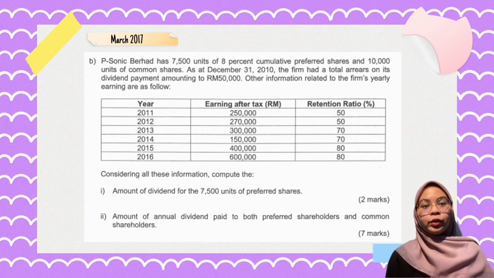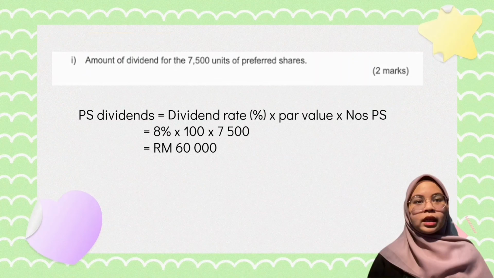From the paragraph, we know that the number of stocks for preferred shares is 7,500. The dividend rate for preferred shares is 8%. The number of stocks for common shares is 10,000. Arrears amount to 50,000. So, for question 1, to calculate the amount of dividend for the 7,500 units of preferred shares, you will need